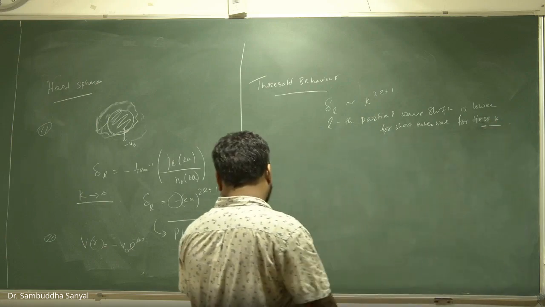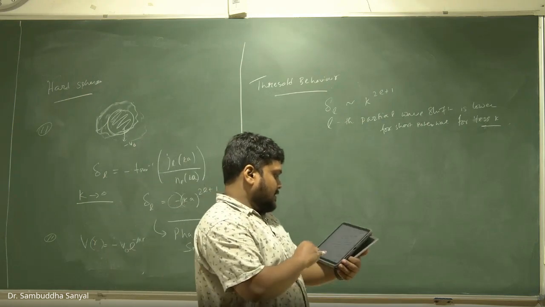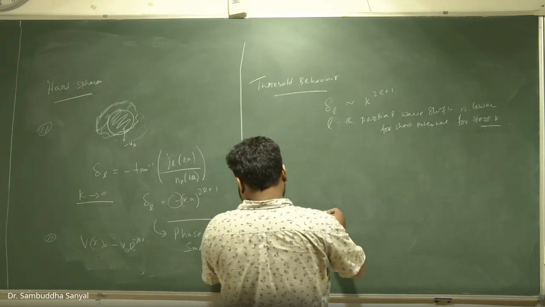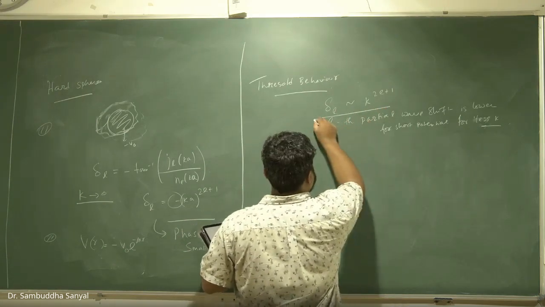This is called threshold behavior, and this is the length scale connection. Once you know this delta L, which is k to the power 2l plus 1,